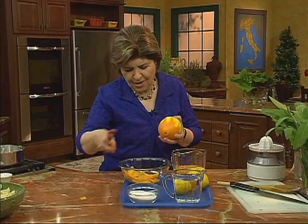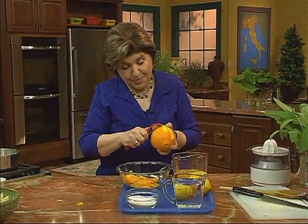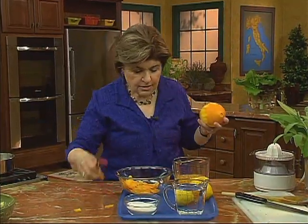I'm missing that bowl, aren't I? But I think you get the idea. Get the peel in there. I could have used a bigger bowl, I suppose. And then once you do that, you also want